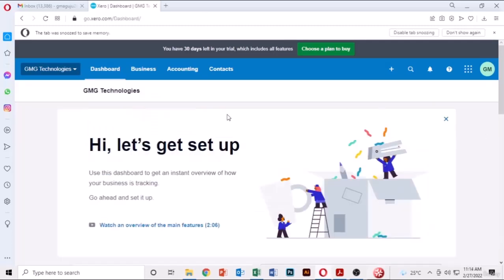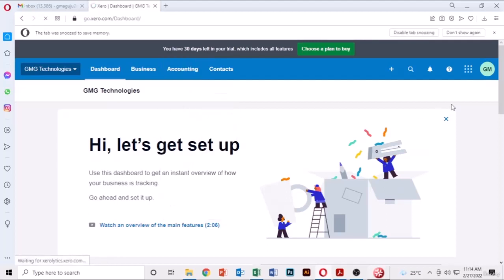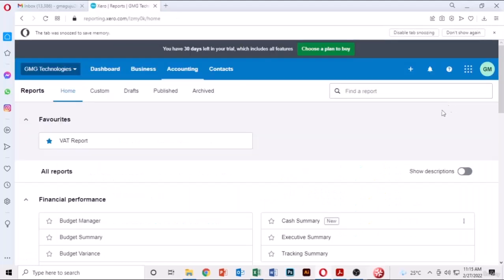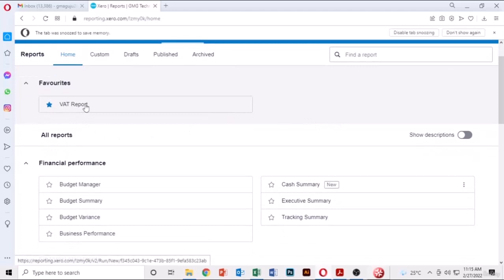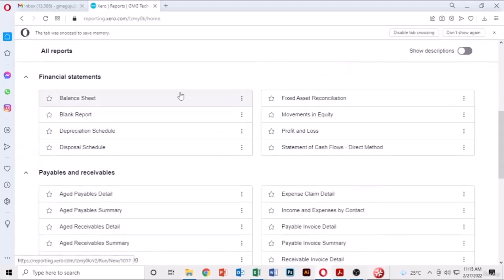And in this section, I'm just going to show you something fantastic, right? So here I just want to show you some reports that you can access. For example, here you can access your VAT report. So let me close that. You can check your budget manager, cash summary, tracking the balance sheet, depreciation schedule, profit and loss, fixed asset reconciliation,